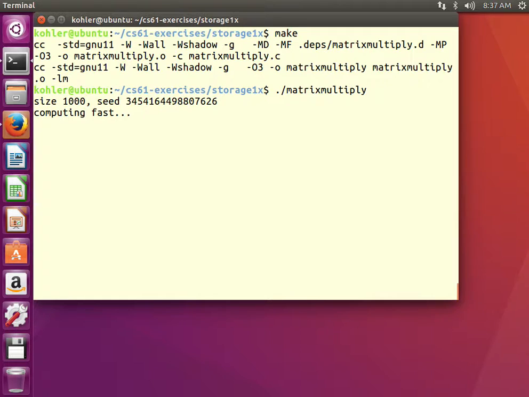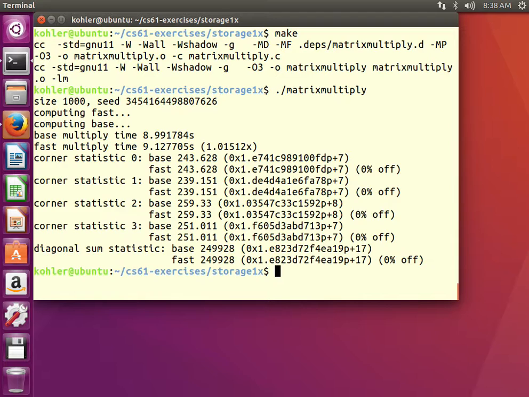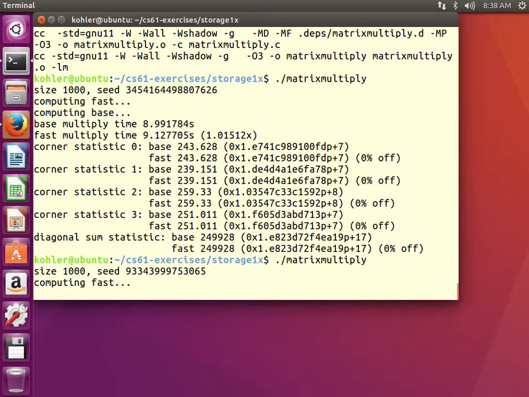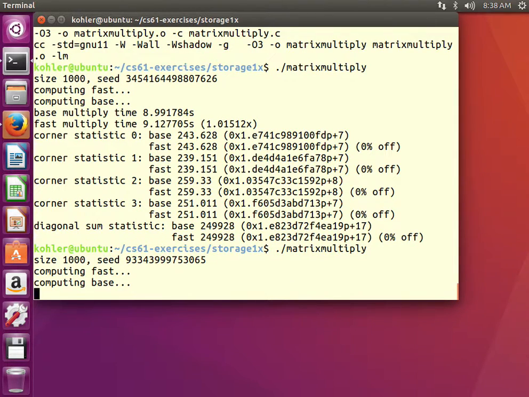They're both about the same, and they're both exactly the same in terms of code. They take about the same amount of time to run because of variability. They're not exactly the same, of course. For instance, in this case, the fast matrix multiplication, which is literally the same code as the base, ran about 1% slower. If we run it again, we'll see a different ratio. Fast and base both take around 10 seconds to multiply 2,000 by 1,000 matrices into a third 1,000 by 1,000 matrix.